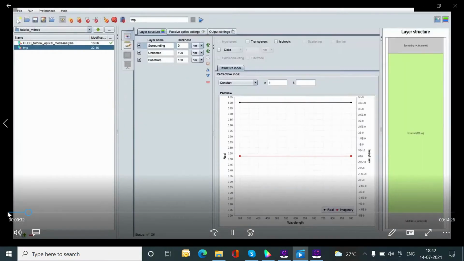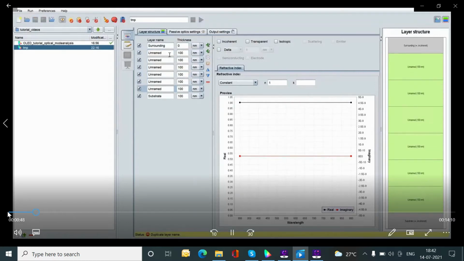I will start here from scratch. So I use new simulation, which I create as a default layer stack, and then I can specify the layout of my OLED stack, and I start adding some more layers. So the surrounding is air,